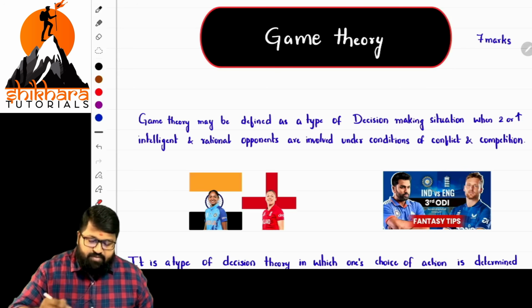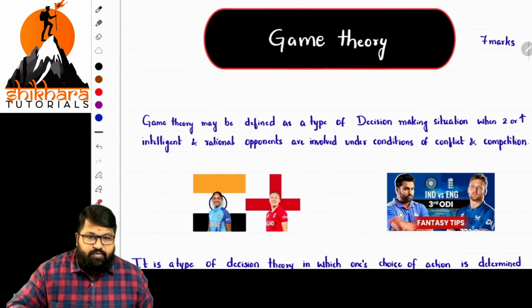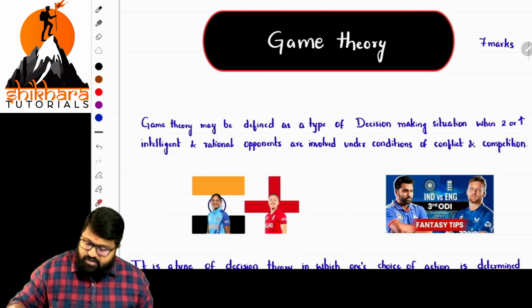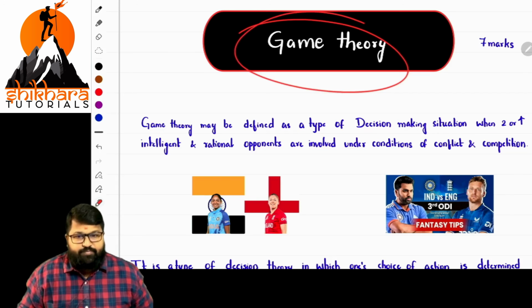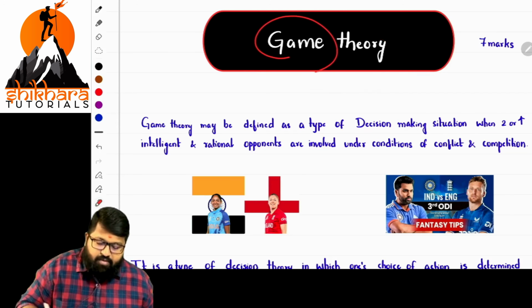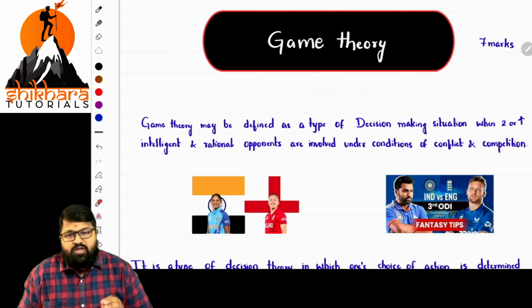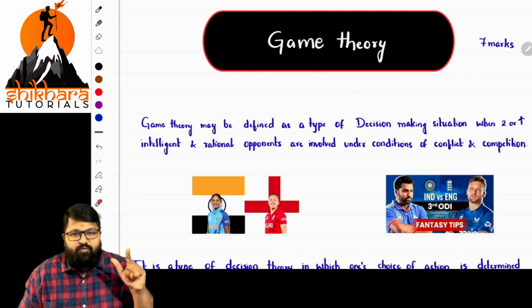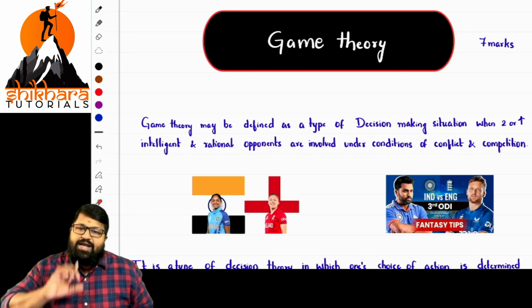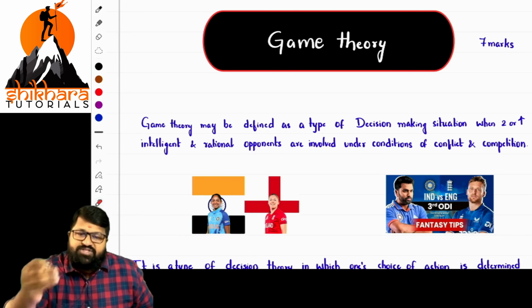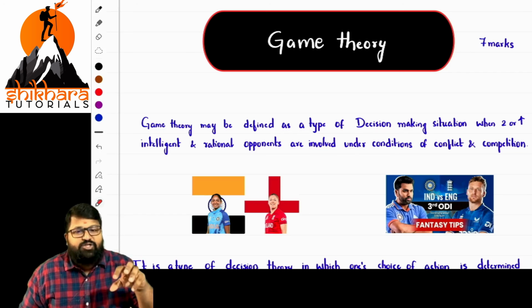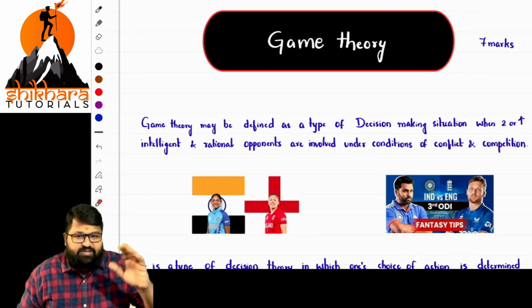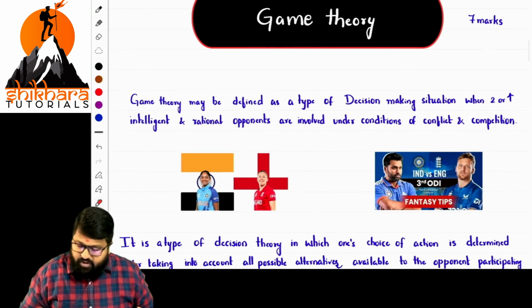Sir, in the word game theory, what is meant by game? You have knowledge of games: cricket, football, badminton, tennis, ludo. Regarding that game, what should be the strategy? That is the main motto of the entire topic. Regarding the strategy to be played, it is discussed in this topic. Okay, let us go one by one.